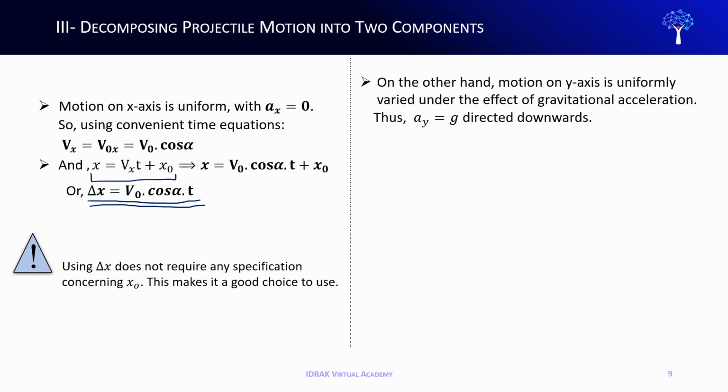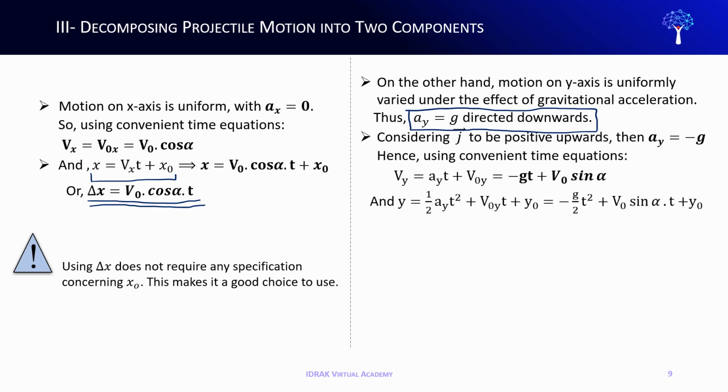On the other hand, motion on the y-axis is uniformly varied under the effect of gravitational acceleration. Thus, ay is equal to g directed downwards. And since it is a convention, or sort of a convention, to choose vertically upward as positive, then ay is minus g. Thus, using convenient time equations for uniformly varied rectilinear motion on the y-axis, vy equals at plus v0,